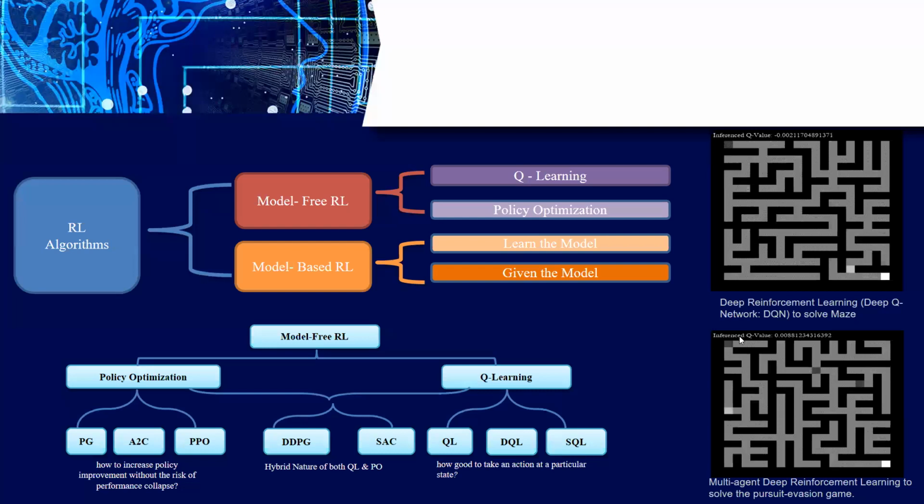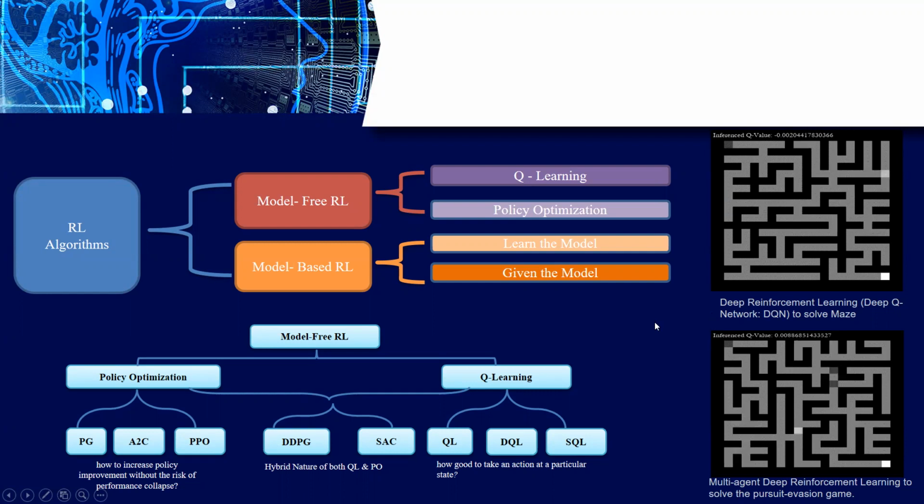Here are a few examples of how we play a maze game using Q-learning. We start our model here, and we continuously repeat the process until the agent, or the player, reaches the goal state. We have to repeat this process again and again. At the end of each game, we get one reward value. Depending on that reward, we rate each and every step that we performed during this process.